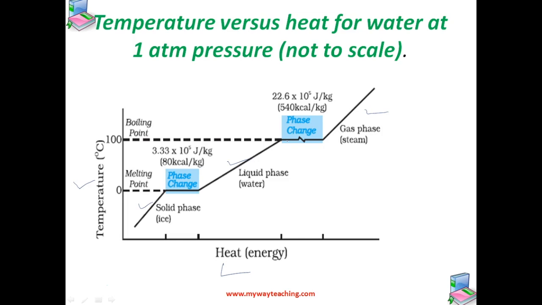So the latent heat of fusion is given by 3.33 into 10 raised to 5 joule per kg. It is written here, isn't it? And the latent heat of vaporization is given by 22.6 into 10 raised to 5 joule per kg. If you convert in terms of kilocalorie, then it is 540 kilocalorie per kg. That is, 3.33 into 10 raised to 5 joules